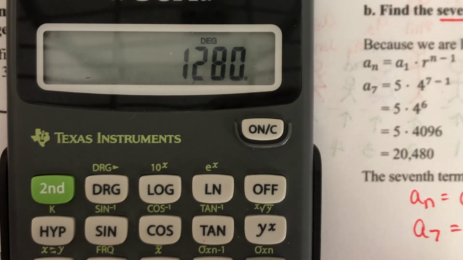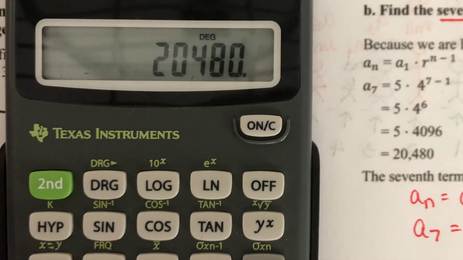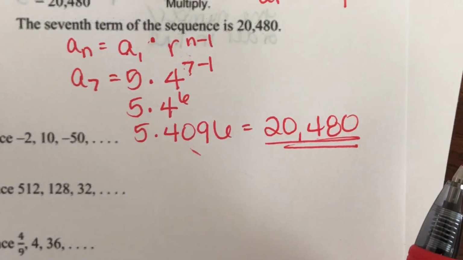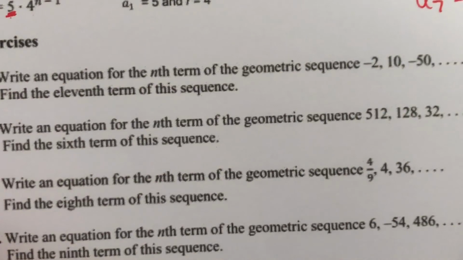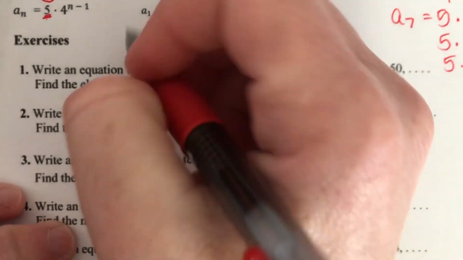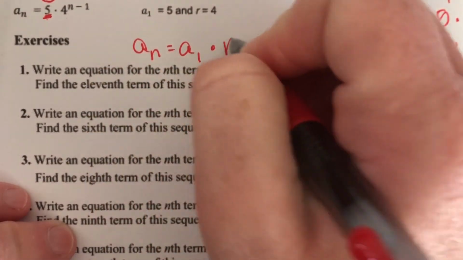That's the fifth number. That's the sixth number. That's the seventh number. The seventh number in our sequence is 20,480, which is what I got over here when I plugged everything into my formula. So you're going to get a whole bunch of practice right here doing that, okay? Let me back out just a little bit. For every single one of these, we're using a sub n equals a sub 1 times r to the n